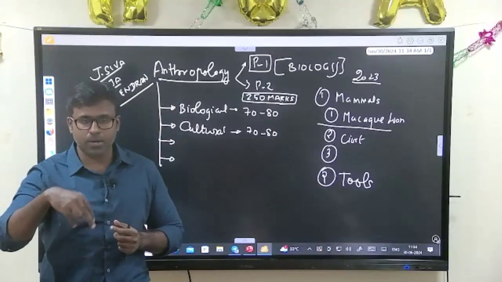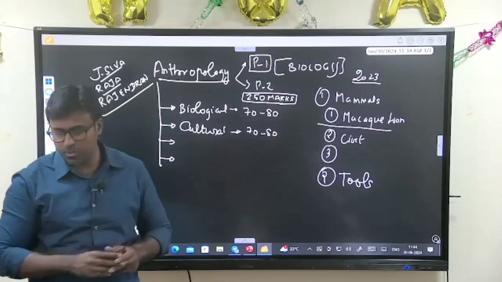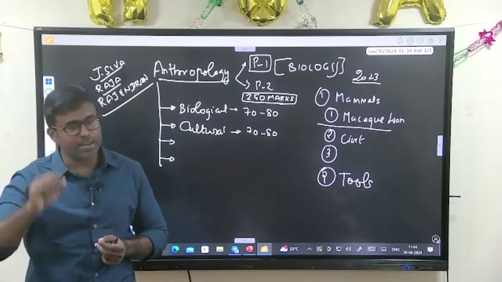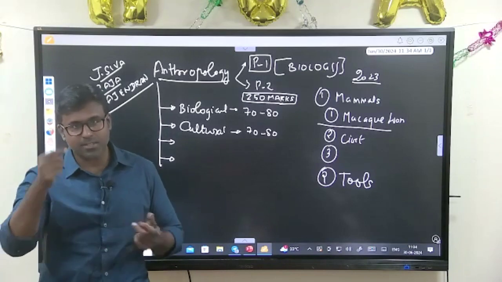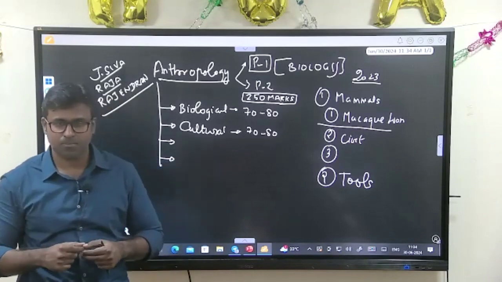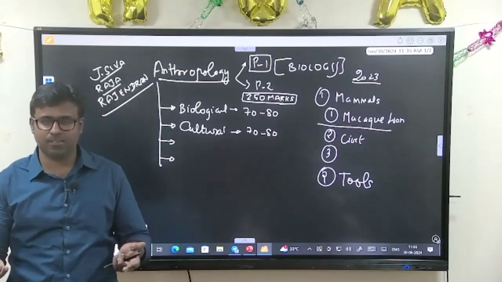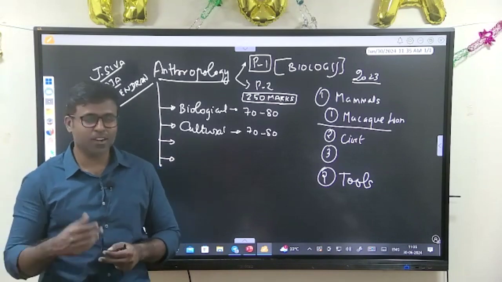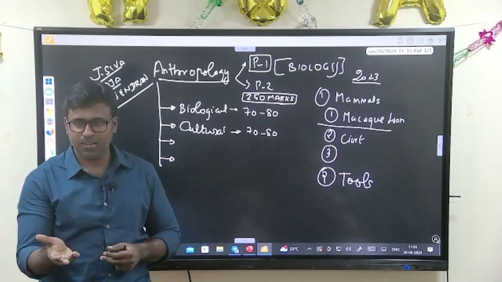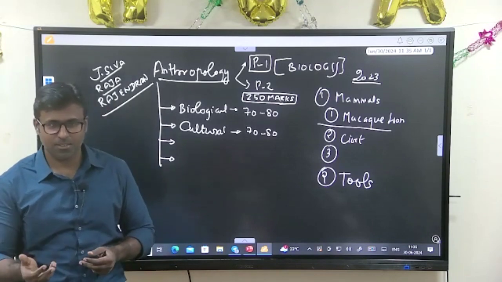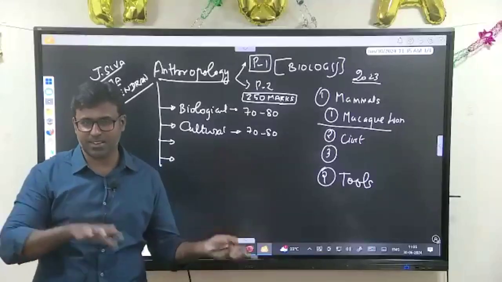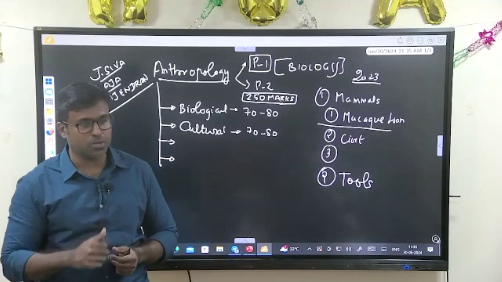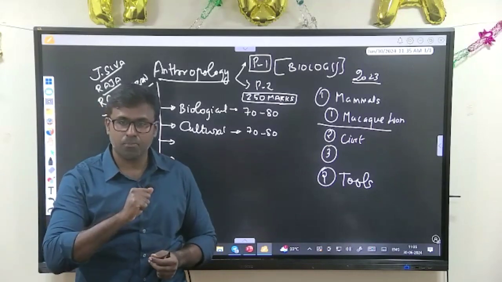The second reason why humans are able to do this, why other animals are not able to do this, is that humans are the only animal who can believe in things which do not exist. Abstract. IAS is an abstract thing. You cannot convince a lion or a tiger to study IAS. That too, it will clear or not clear, whether it will happen or not happen, no one knows. You cannot convince a chimpanzee to do that. How did it happen? That's the point.